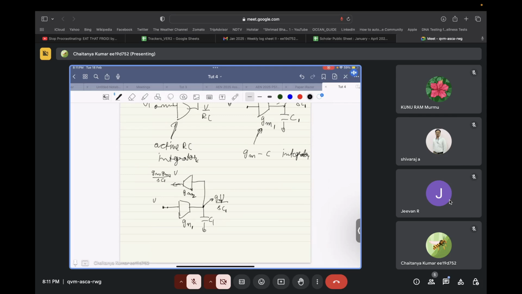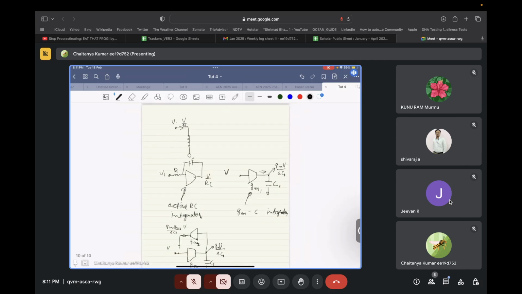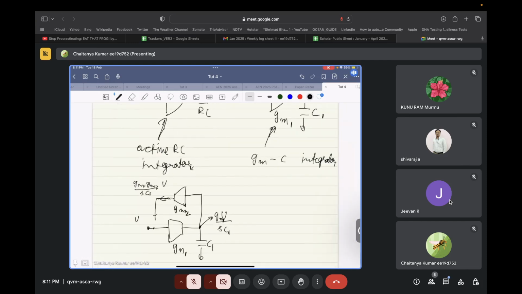Okay, now if this current flows in this direction, that does not serve our purpose well, because we wanted a current that will flow in the opposite direction of the voltage applied. So instead of a positive transconductor, we will need a negative transconductor, and this is also fairly easy to make. The details of the circuit we won't go into, but let's assume that this can be made. So if we connect it like this, this complete thing will behave as an inductor, and your equivalent inductance will be